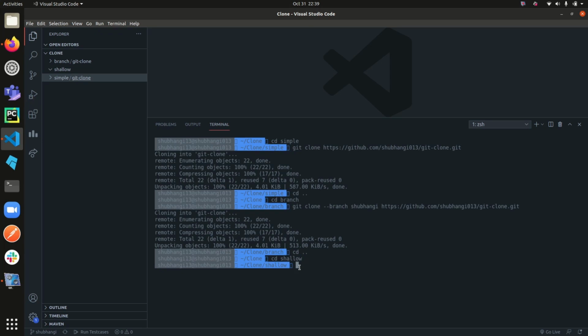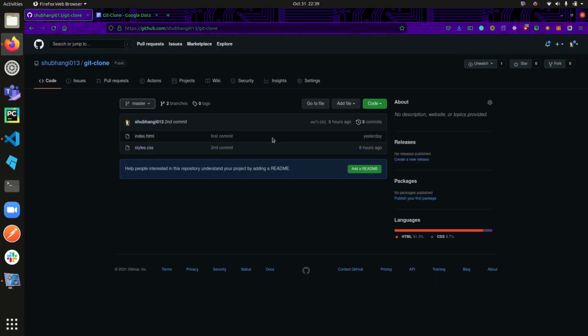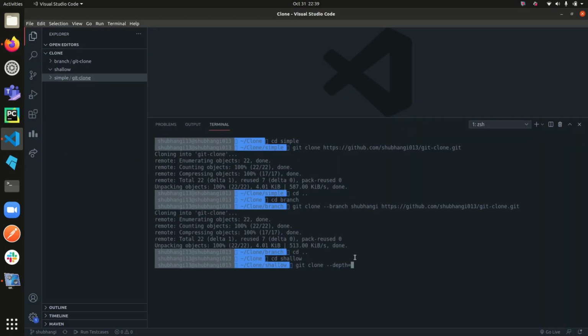And now how do you do it? You simply write git clone, pass the argument depth, set it to a particular number. For example, this branch master has 3 commits and I just want the recent 2 commits. How will I get them? I'll pass 2 to depth, paste the URL, hit enter.